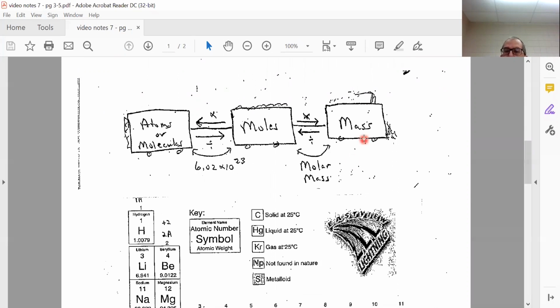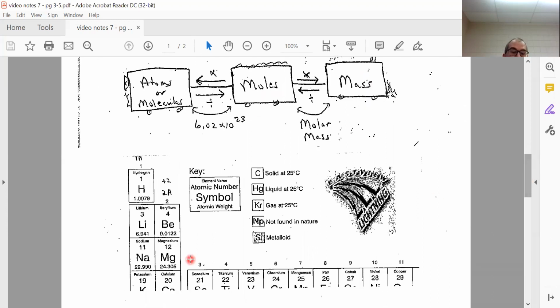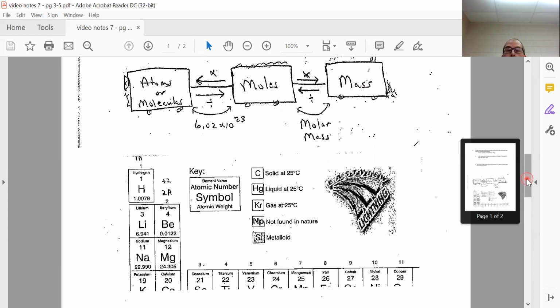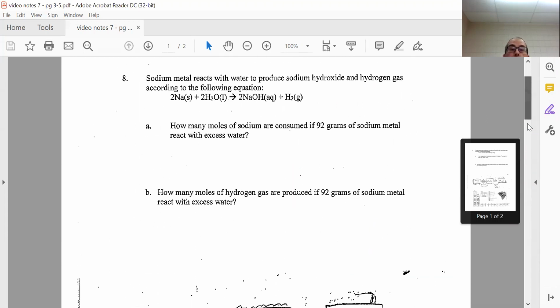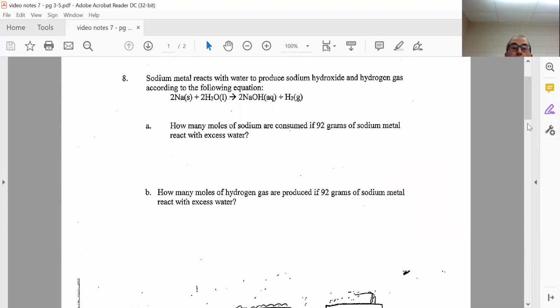Okay, so I know I got 92 grams. Looks like I got to divide that by the molar mass to get to moles. And what's the molar mass of Na? Oh, it's right here. It is 22.99 or 23.0. So I'm going to do that right here. I'll do it with dimensional analysis. And I will say 92